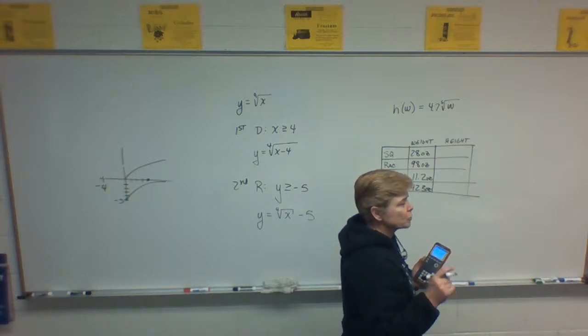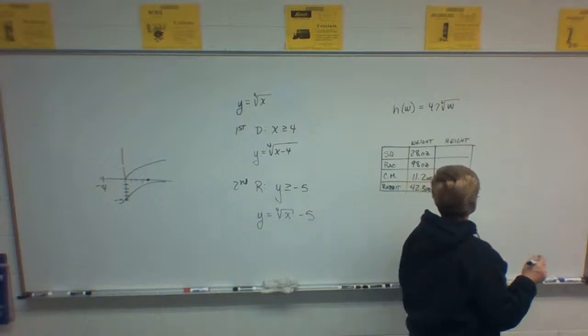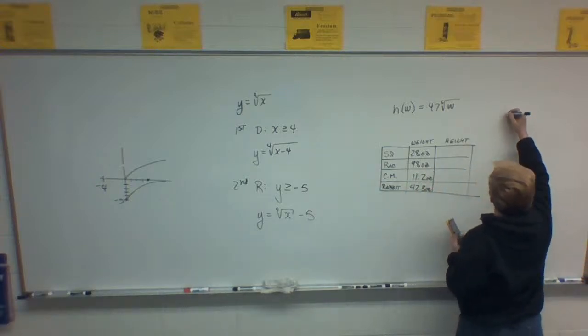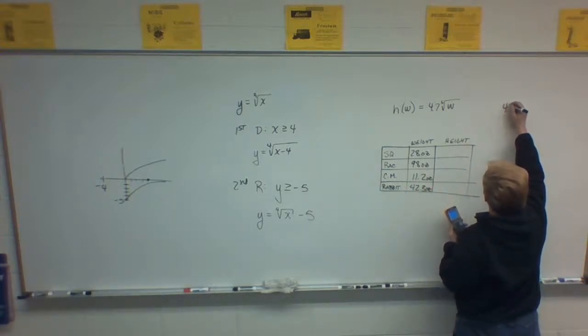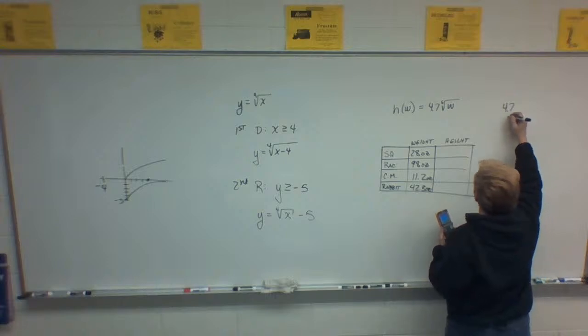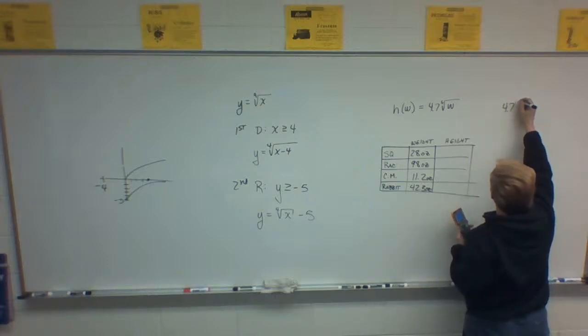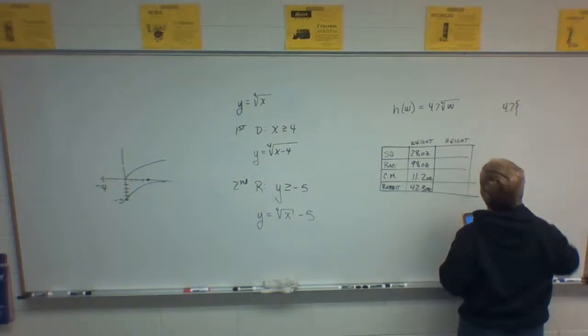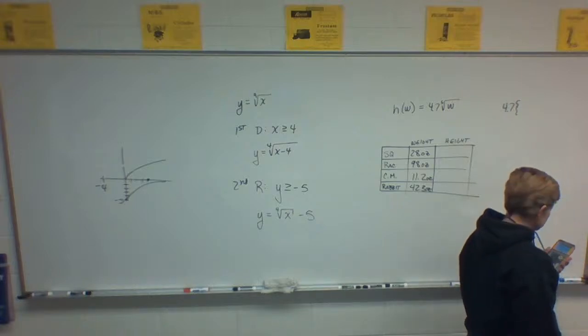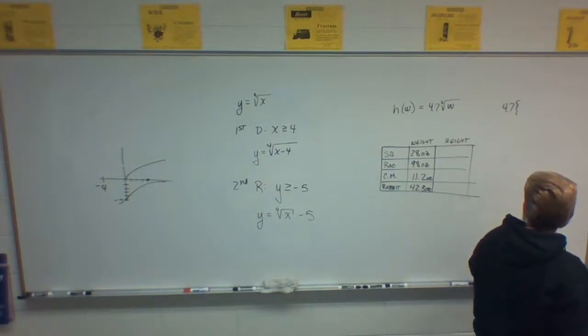It's on your home screen that you put this in, so don't go to the y equals or anything like that. What you write is 4.7, and then open a brace. A brace is the blue symbol above your parenthesis. Do you see the brace above the parenthesis? So open a brace, and then you can put,